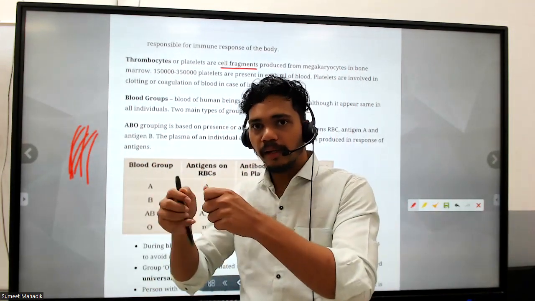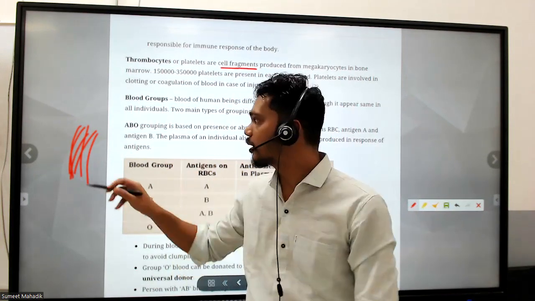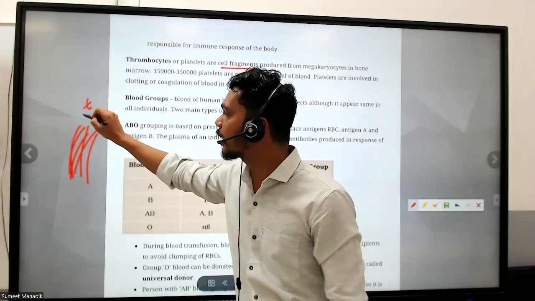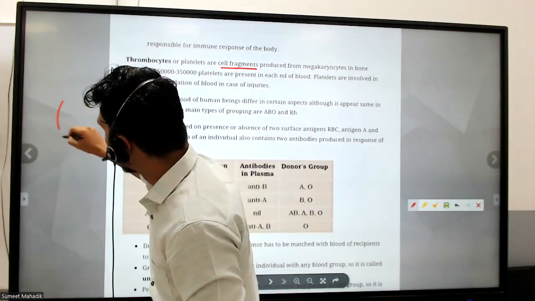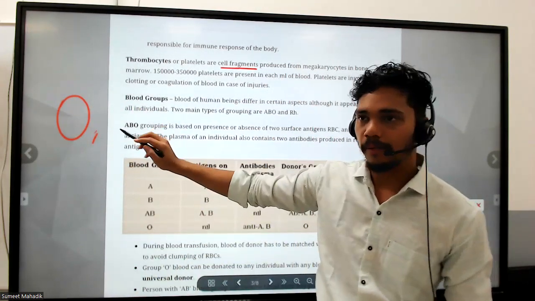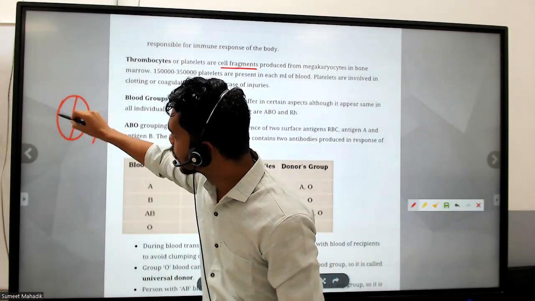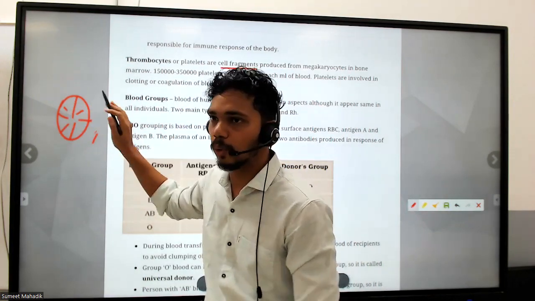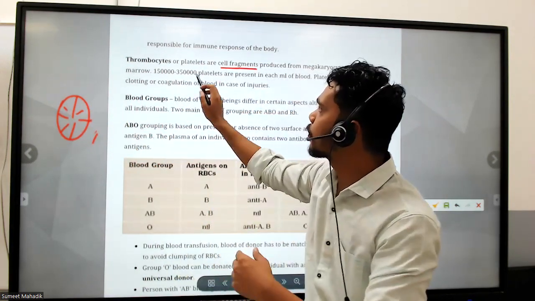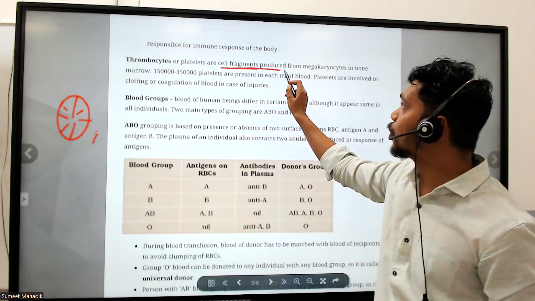If a cloth is torn, what will we do? Stitch it, right? For example, this is a torn part. In this case, I will make a threading-like structure and then close it up, right? Similarly, thrombocytes are responsible for closing injuries; they are cell fragments produced from the